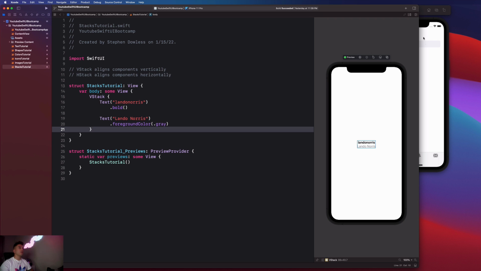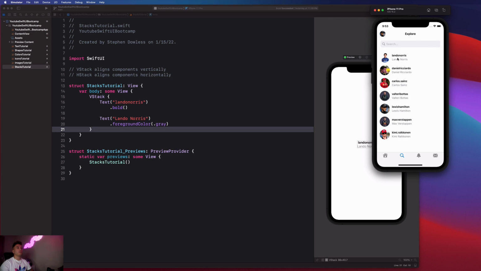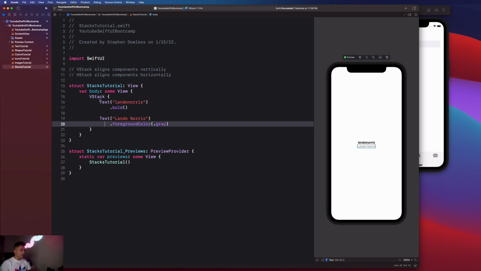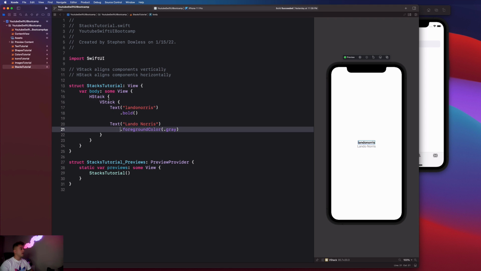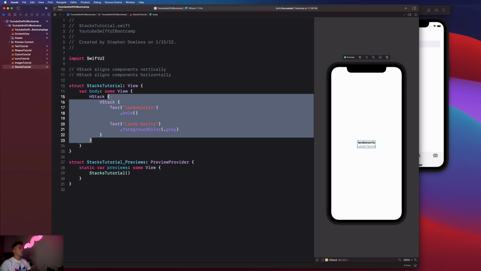So that looks pretty good. It's starting to come together piece by piece. Let's now go over, guys, how we can add this circular profile image into the equation here. So let's hold down that command button again and click on the VStack, and we're going to say embed in HStack. So now this whole thing is a horizontal stack, but within that horizontal stack, we have